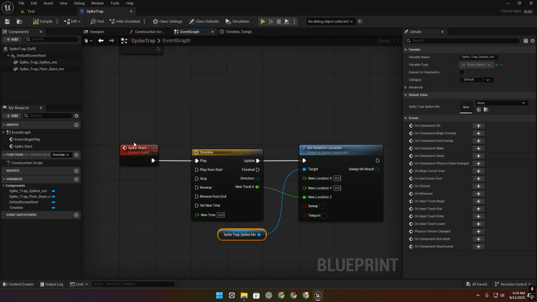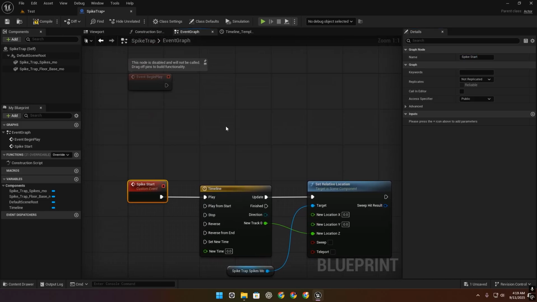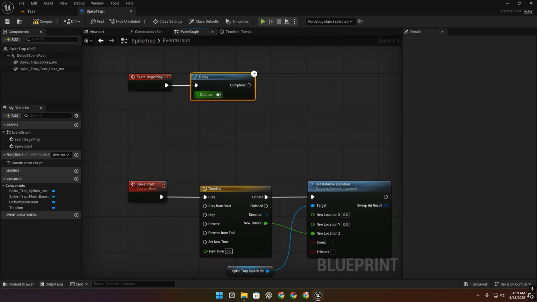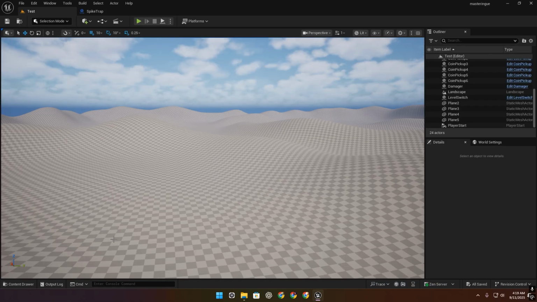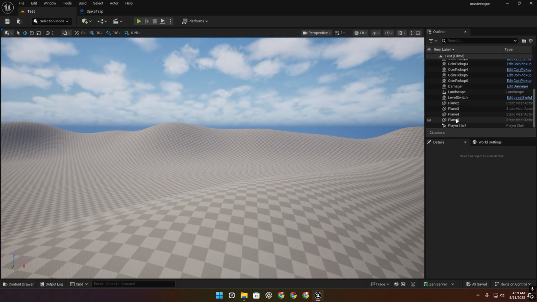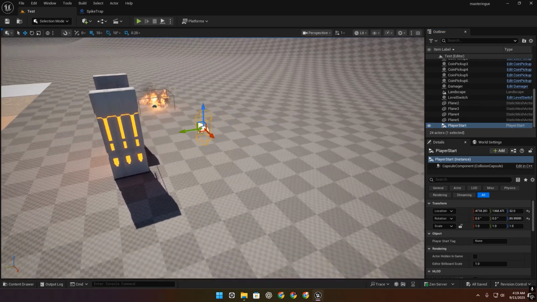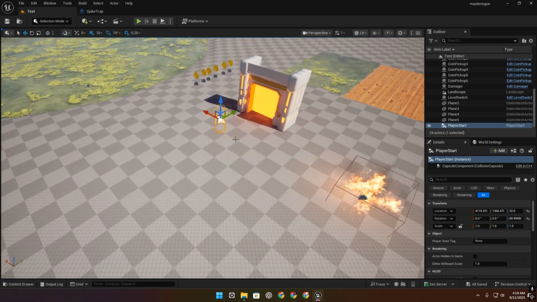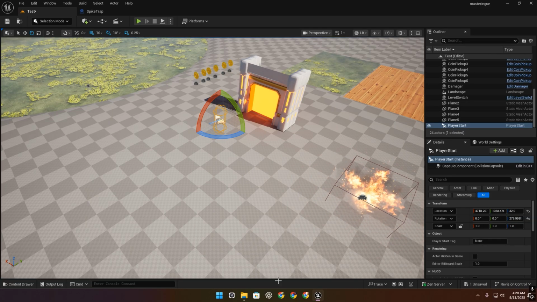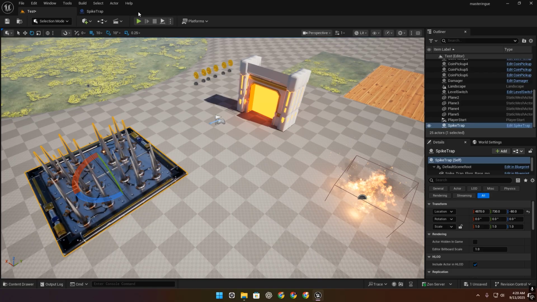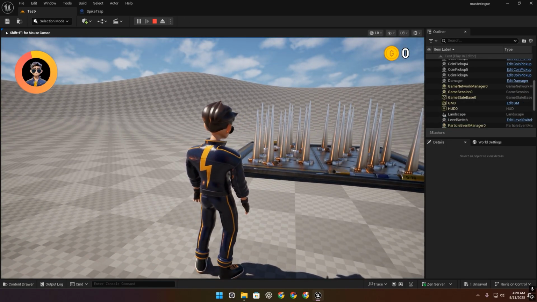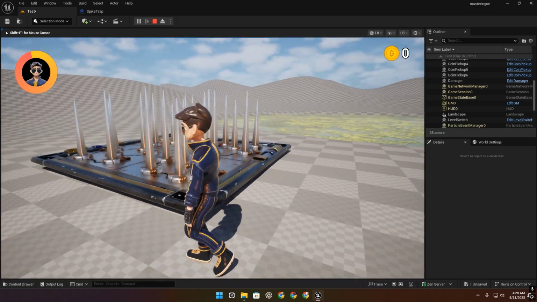I think that's all. Let's do one thing. On event begin play, let's add a delay for 2 seconds, and then I'm going to call this custom event. It's working. Okay,